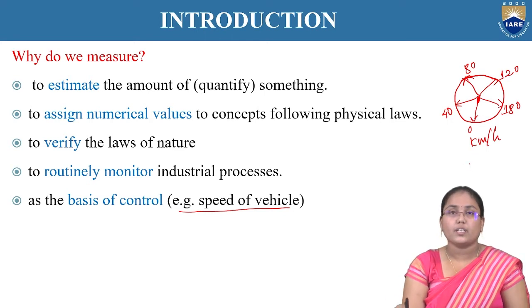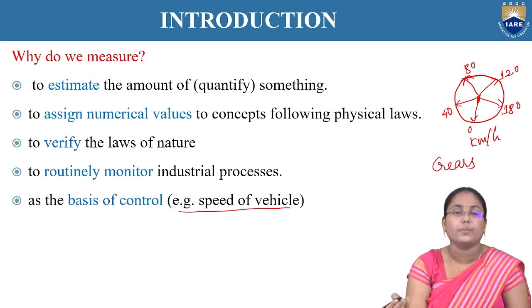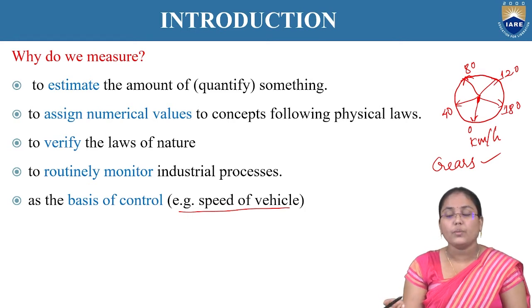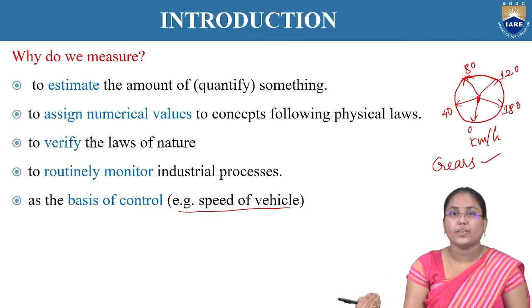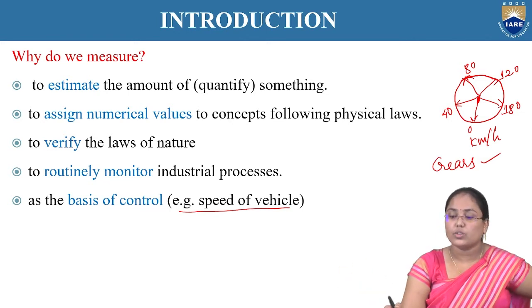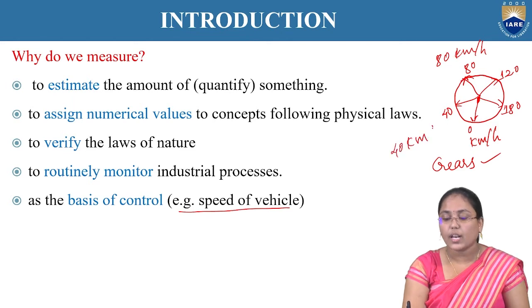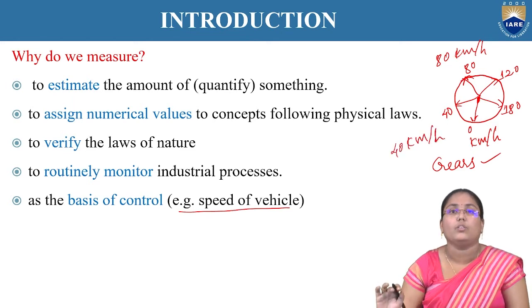Previously we used to have vehicles where the gears had to be changed. Depending upon the kilometers per hour the needle shows, the gear has to be switched over. Even in an auto gear system, while we are moving on a road, that road is designated only up to certain kilometers per hour. The speed cannot exceed 80 kilometers per hour, and in a residential area it can't exceed 40 kilometers per hour. Such is the case on normal roads.